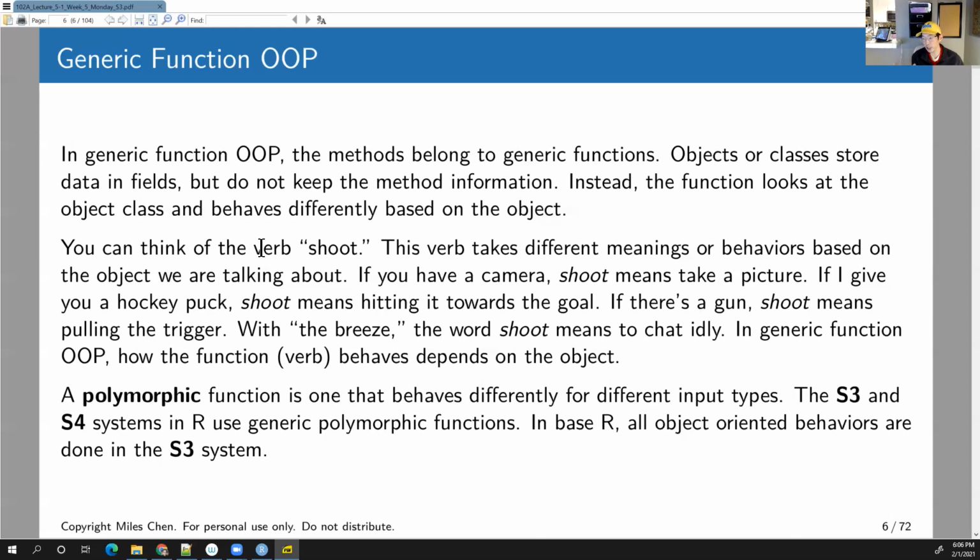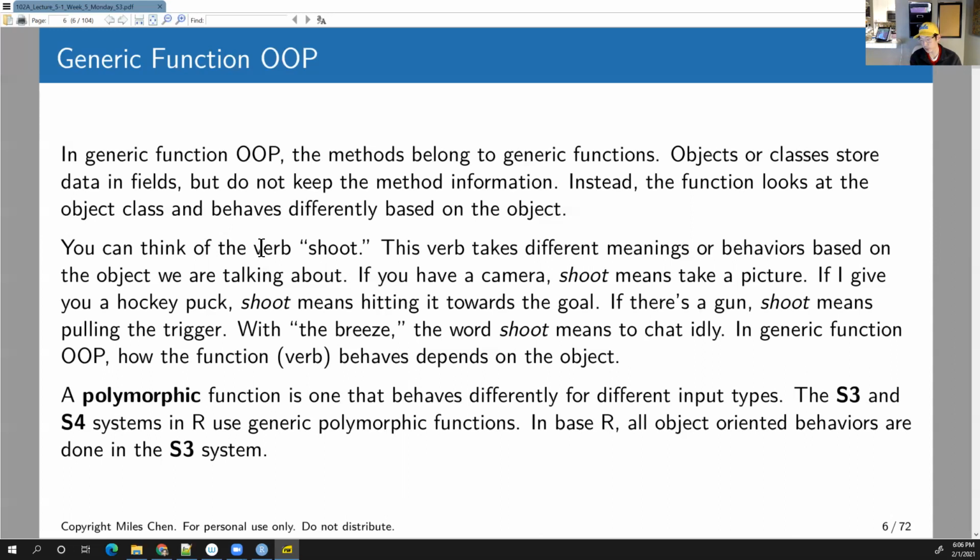If I give you a hockey puck and I say shoot it, it means you're going to hit the hockey puck with a stick towards the goal. If there's a gun, shoot means to take aim and pull the trigger. If we say, the breeze, to shoot the breeze means to chat idly. And so in generic function OOP, the function or the verb will behave differently based on the object